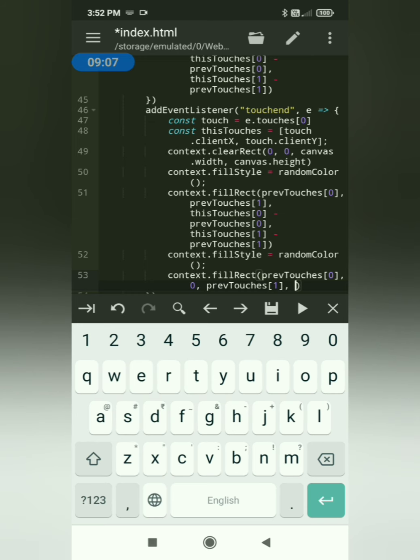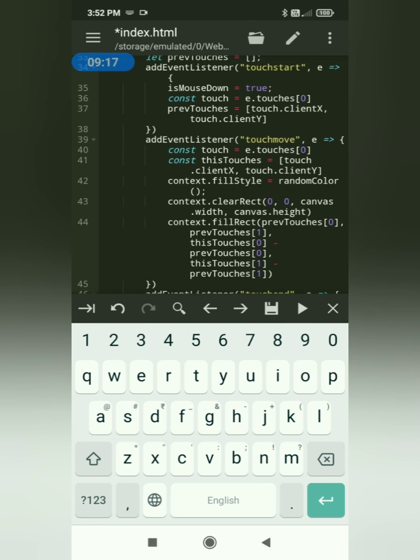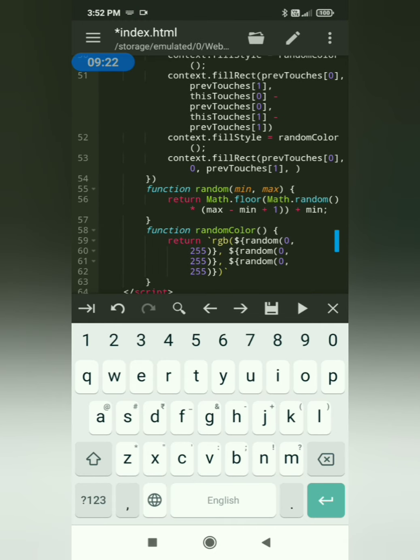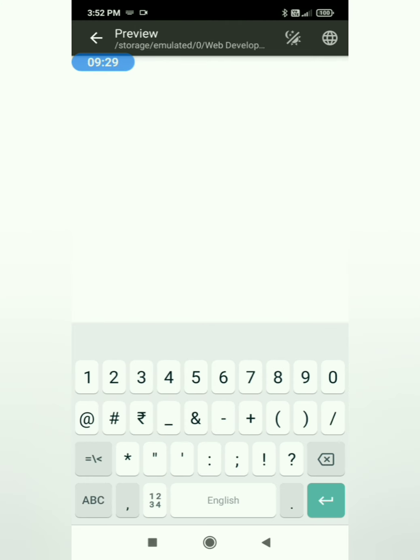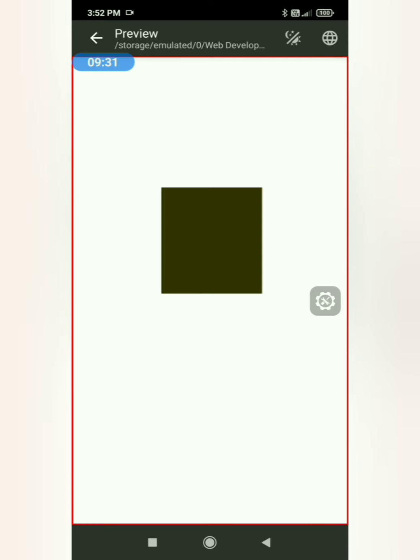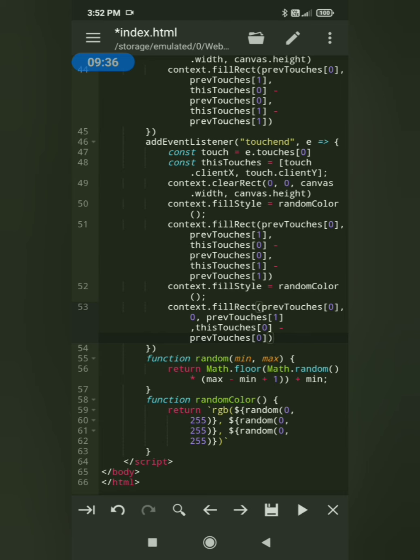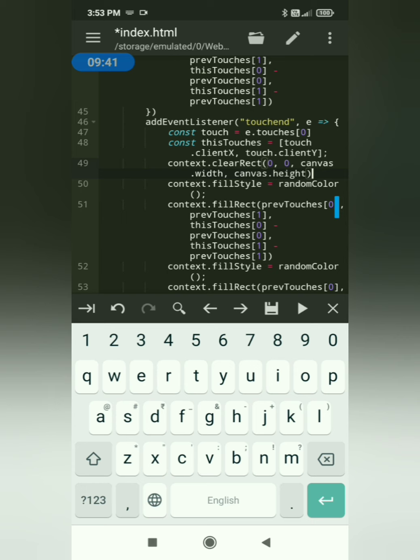And the next thing is the width. The width is going to be similar to the width of the rectangle that we had drawn in the middle. Just copy this one and paste it. Now you will see a rectangle will be drawn at the top also. Let's run it and see what happens. You can see nothing happened. So what is the problem? Yeah, here was the problem: we do not have any touches property in the touchend event.